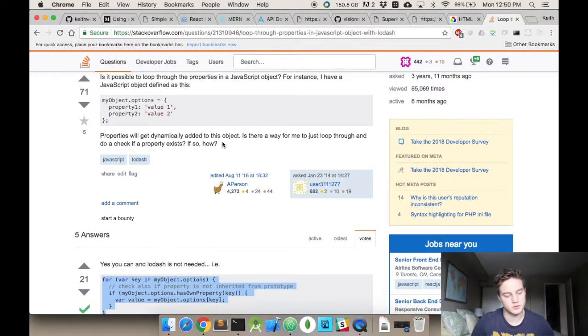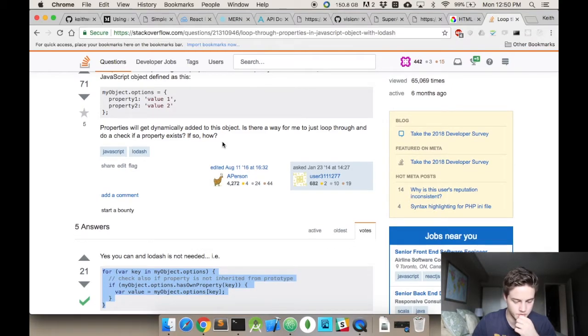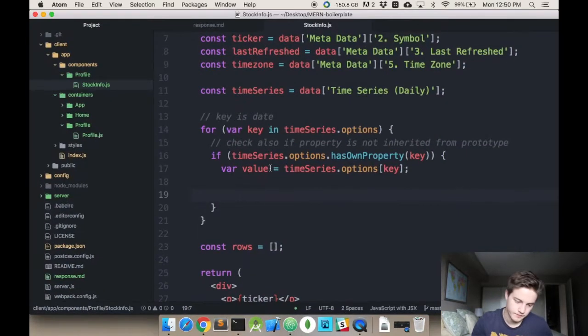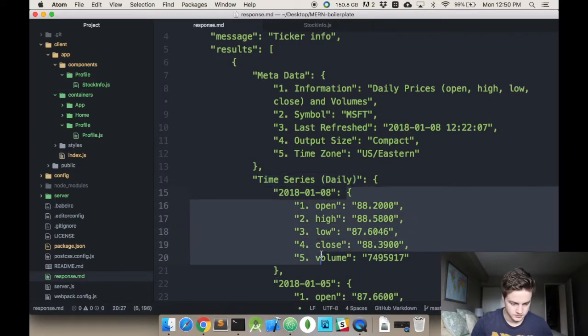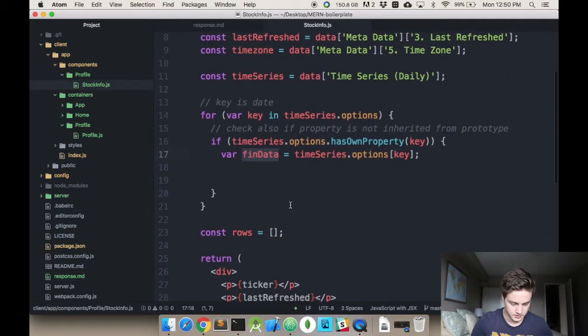Oh, this is looping through an object like that. Value would be another object. I'm just going to call this financial data. So this would be this stuff right here. So it'd be like this. And so with that, I need to go get